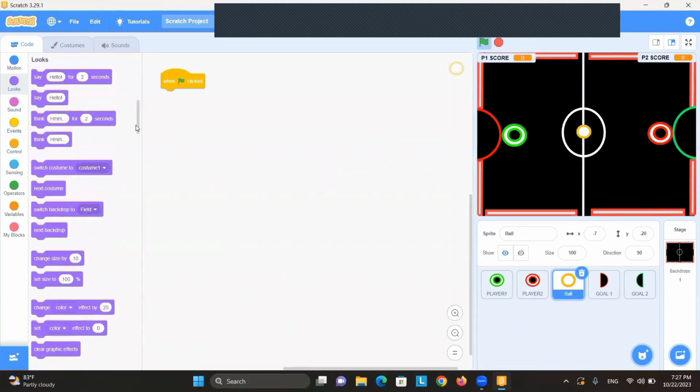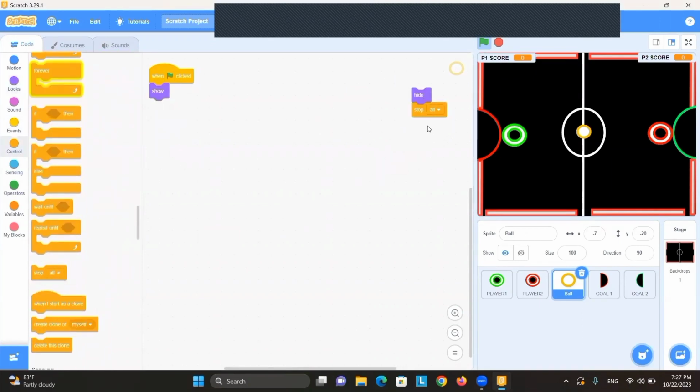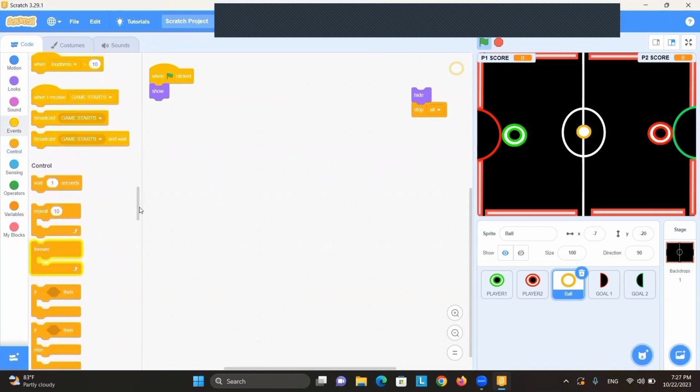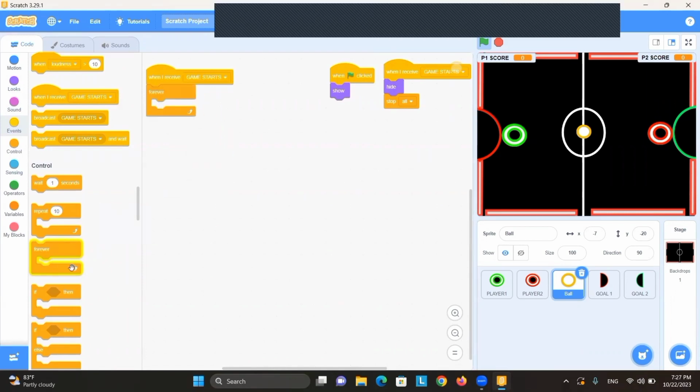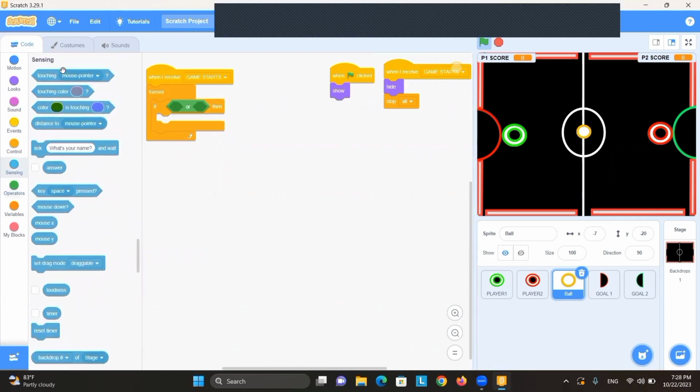Now we're going to make the code for the ball, which is the most important code in the game. Now, you might be thinking, why use the game starts? I'm gonna remove the game starts later on when I receive game start hide stop. We're gonna edit that code in the end. Forever is always used for the movement. If touching player number 1 or touching player number 2,